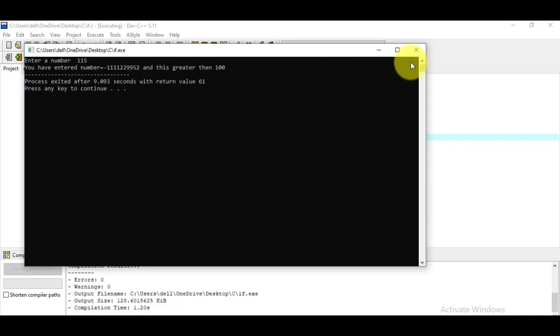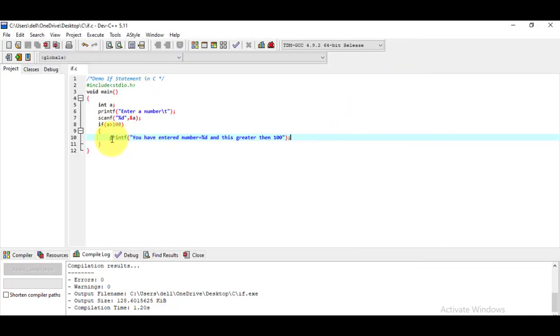Let's see what has been done. We have not given the reference of the variable whose value should be displayed over here. So we simply put a comma here, and give the name of the variable whose value we would like to display.